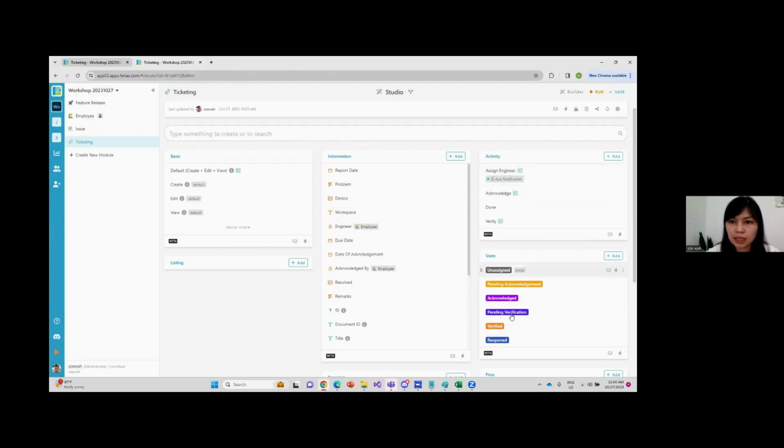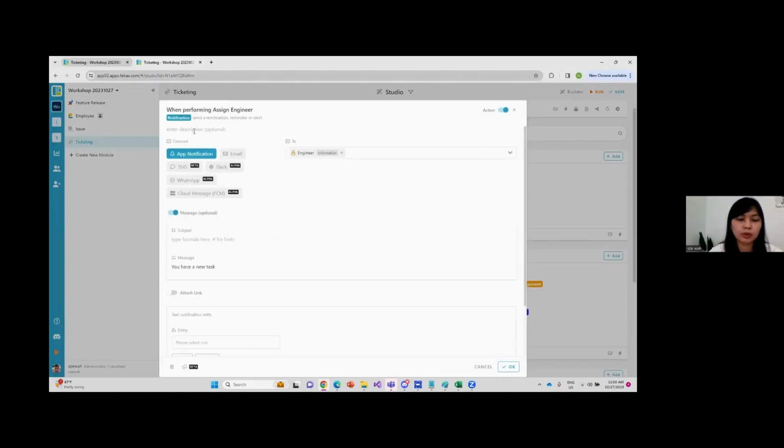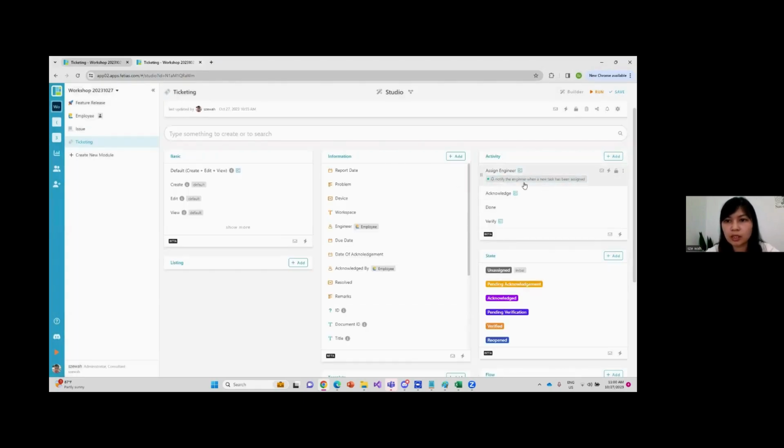Of course, if you are setting up many notifications, when you come back to the studio you might not know what it is for. So you can always write a description here. This is to notify the engineer when a new task has been assigned. Okay. So if you look at here, you don't have to click inside to know what the setup is. So you know, this is to notify the engineer. Okay, so I save this